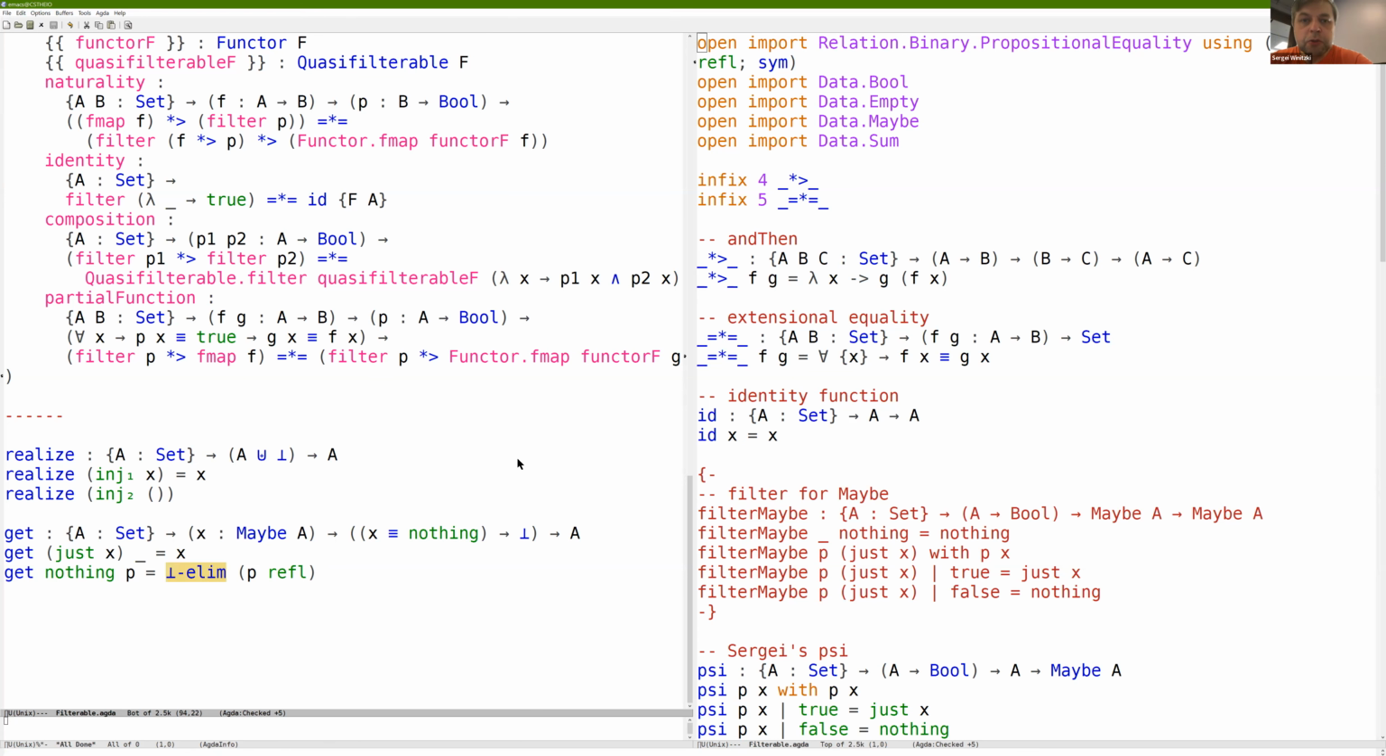So you're only supposed to apply get after filtering. So after filtering, the filter function should produce a proof that its values are satisfying the predicate or something. And then there's not going to be nothing. But that's where I get stuck now, because filter